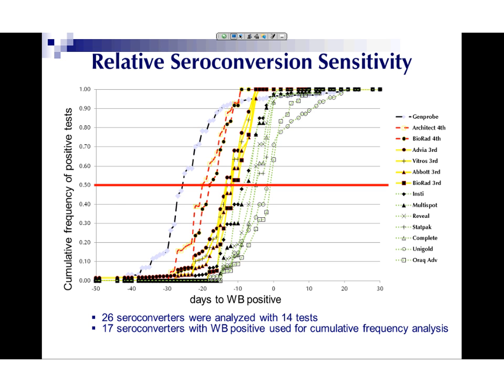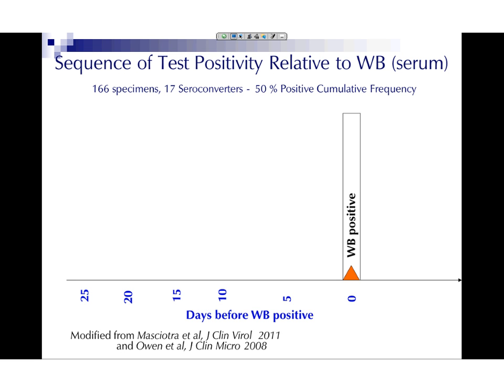And so what I'm going to show you is something called 50% cumulative frequency. And I make that point because this is not exactly the same thing as a window period. In seroconversion panels, people are not all bled at exactly the same intervals, and of course they're not bled every day, and so there's somewhat of a range between the number of days these tests turn positive. But by showing a comparison, we don't know when people got infected, but we do know when the Western blot turned positive, and so this looks at the relative appearance or the relative detection of each of the tests by